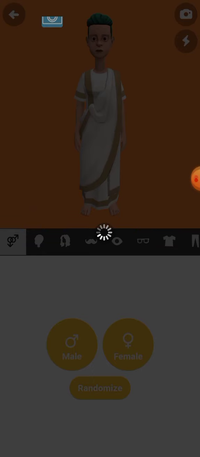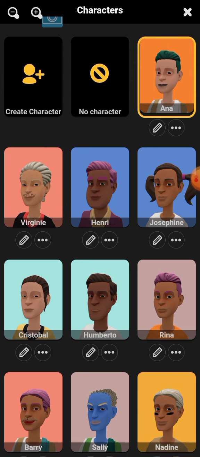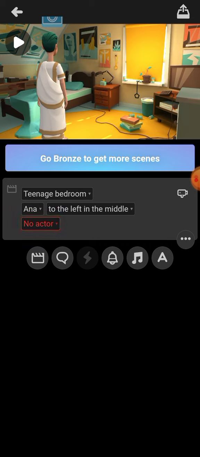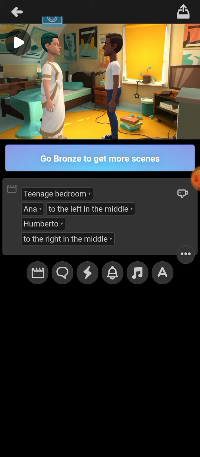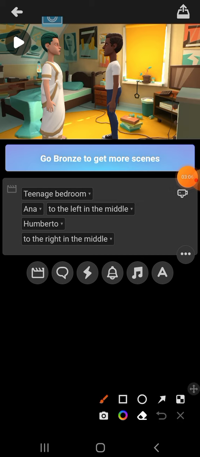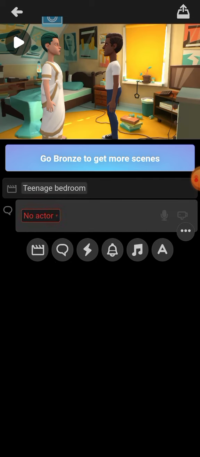Select a character, you go back there. Yes, there are two characters, and select another character. Yes, there are two characters, and we give them voice. This message mark, and select character, no character,